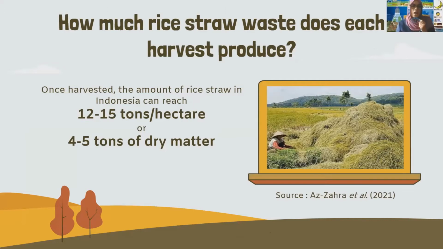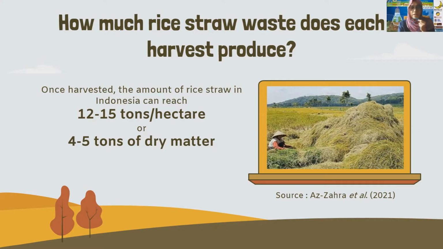Okay, the amounts of rice straw in Indonesia can reach 12 until 15 tons per hectare once harvested, or 4 until 5 tons of dry matter. So far, the utilization of rice straw as animal feed has reached 39%, 7% is used for industry, and 36% is burned. To reduce the amount of rice straw waste, people generally choose to burn rice straw waste so that